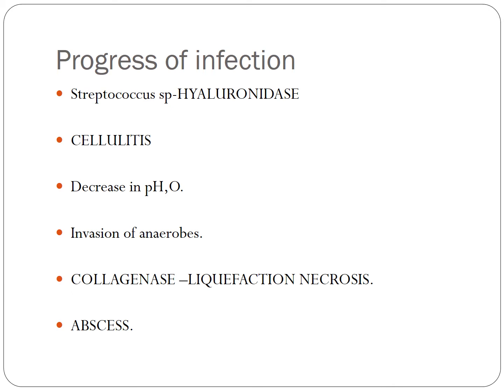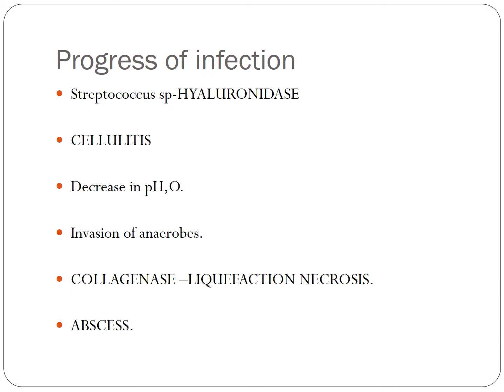So once the hyaluronin is destroyed, the integrity in the cellular architecture is lost, which results in inflammation of the tissue spaces, which is called cellulitis. Basically, it is just an inflammation. So when there is cellulitis, there will be a decrease in the pH, means that region gets more acidic, and also there will be a localized decrease in the oxygen saturation. When there is decrease in the oxygen saturation, the anaerobes enter that area. So decrease in oxygen saturation leads to invasion of anaerobes.